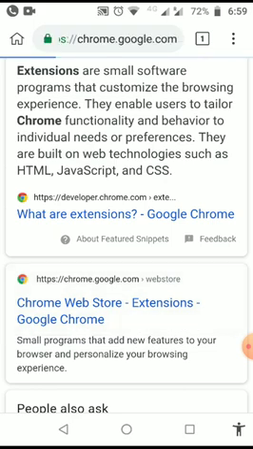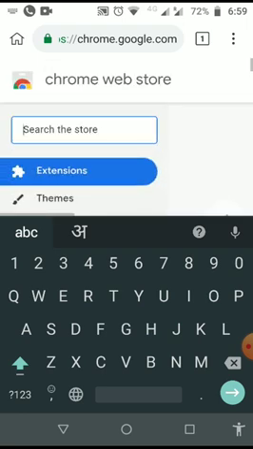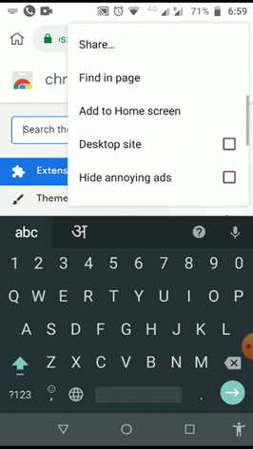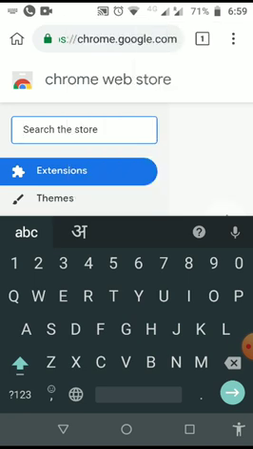So this is the Google Chrome extension web store, and in the search bar you need to write Google Meet attendance.